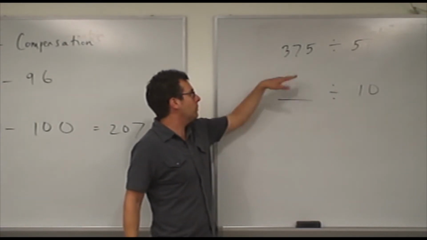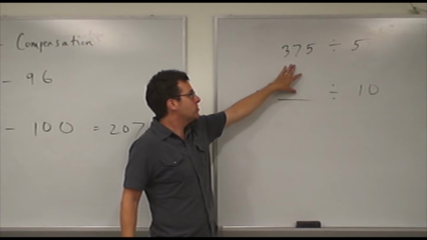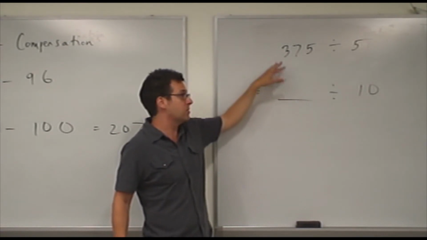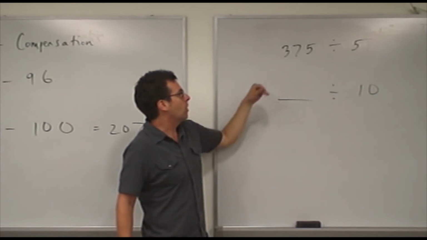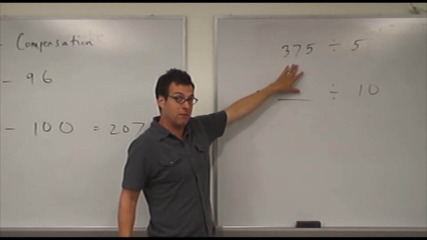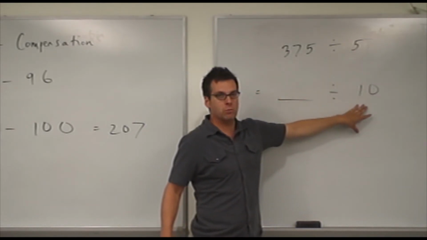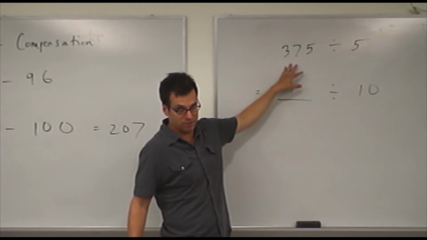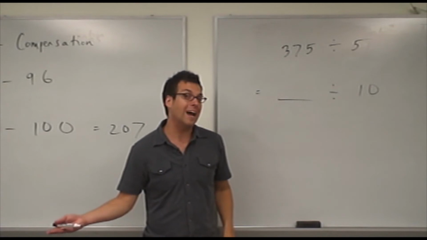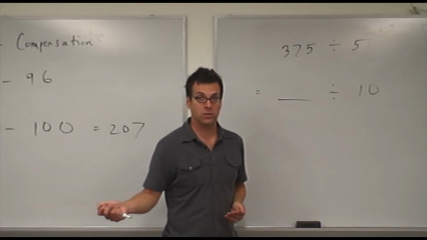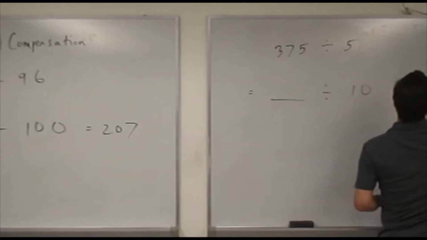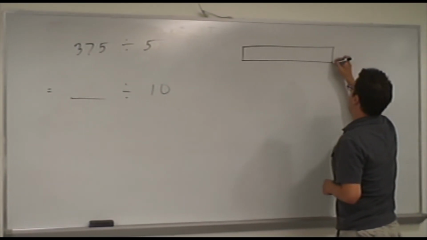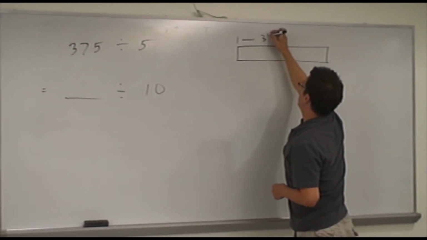Then our question is similar to the question we had for subtraction. How do we compensate? What do we have to do to this 375 to maintain the quotient, to create a problem that is equivalent to the problem we started with? So if we start with 375 divided by 5, and we change this 5 into a 10 so that we're now dividing by 10, the question is, what do we have to do to the 375? Okay. We can use another diagram to illustrate what is actually needed here. If we think about 375 divided by 5 from a measurement division perspective,